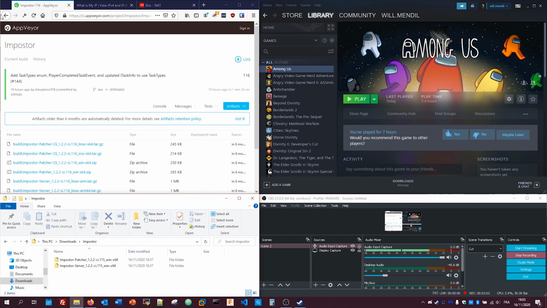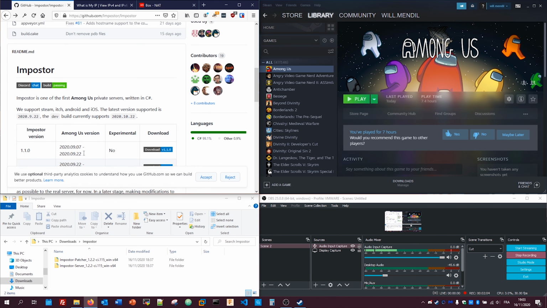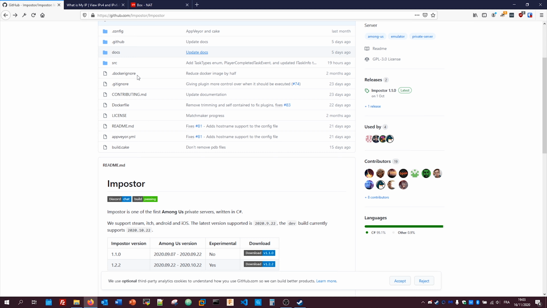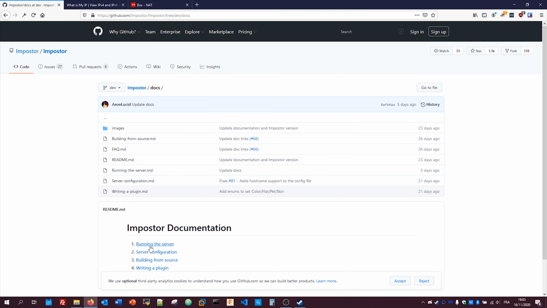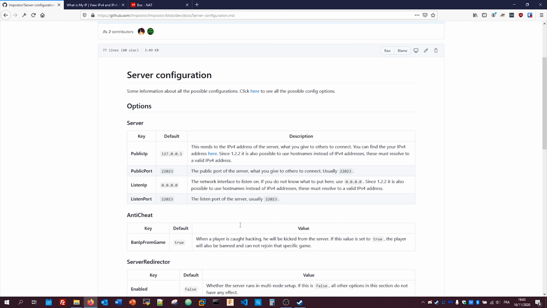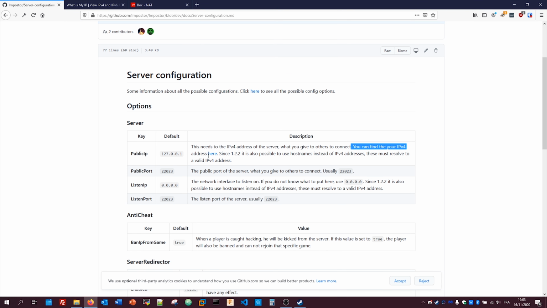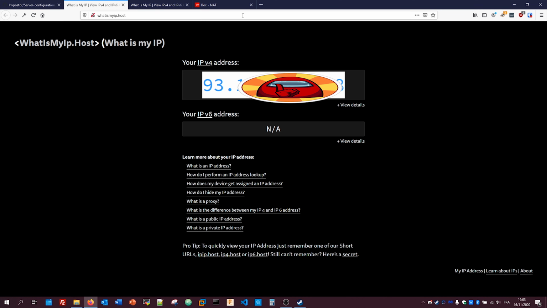And then you want to determine what your public IP address is. To do that, you just need to go back on the GitHub page, click on Docs, click on Server Configuration, and in there you can find your IP address. So just click here, and you see your IP address in full. Mine is blurred for obvious reasons, but you want to copy this value,